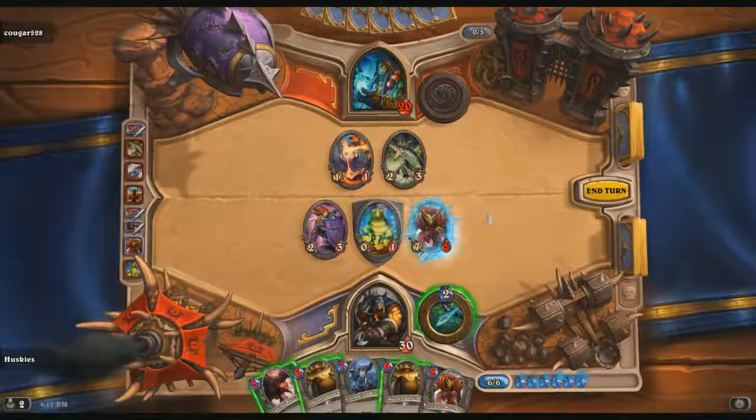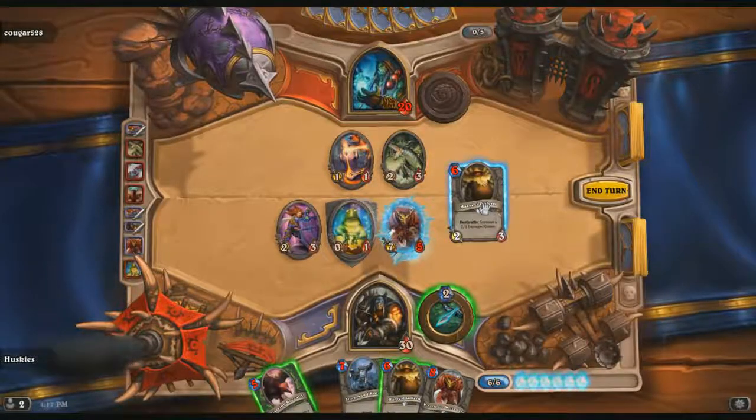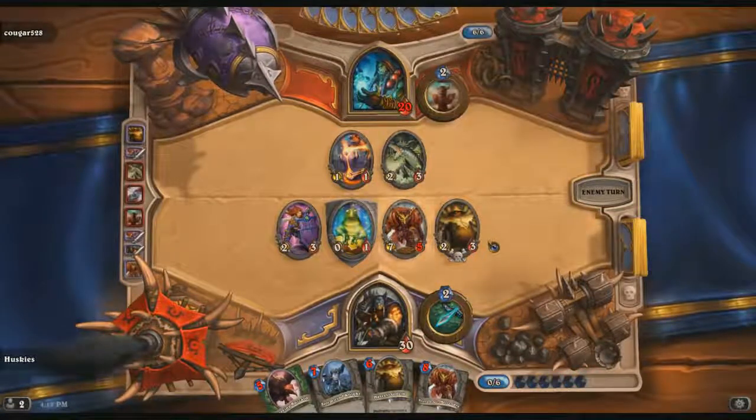I do finally decide to kill that one off just because I'm hoping that the next time he uses that ability, he is going to get it again, because then that's just a waste of mana for him. So I do go ahead and throw out an extra minion right now. I don't want to get chained,